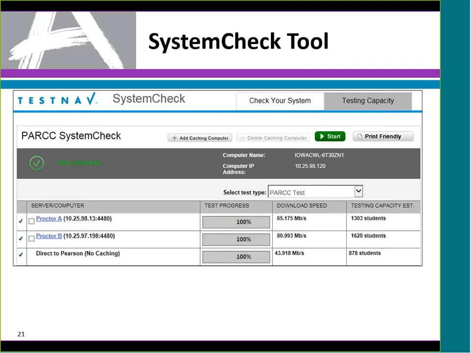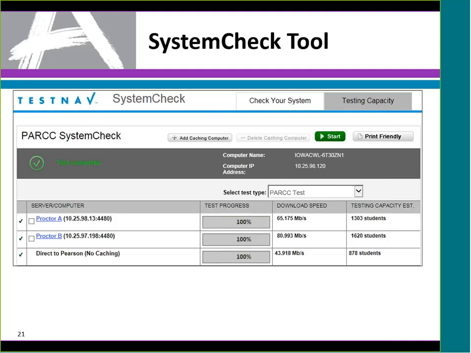In this case, I had about 800 students direct to Pearson on the connection. If I use Proctor machine A, it's up to 1,300. If I use Proctor machine B, it's up to 1,600. So typically, using Proctor caching, you tend to see anywhere from 2 to 10 times as many students being able to test as without Proctor caching.